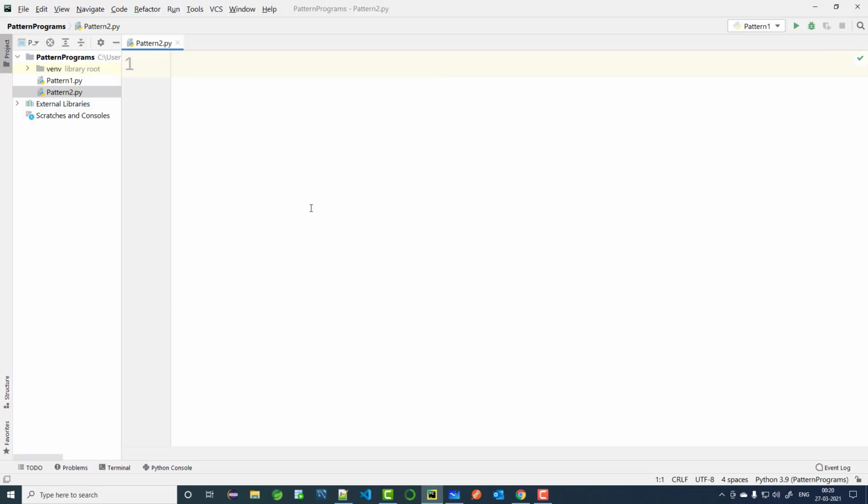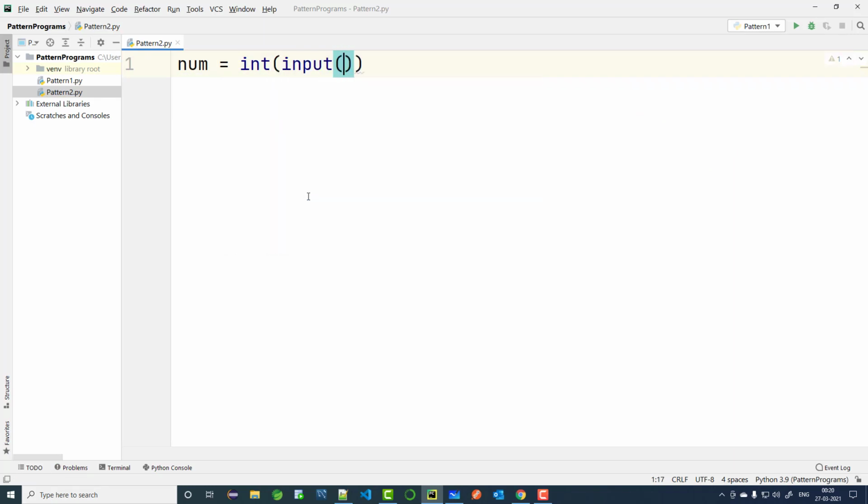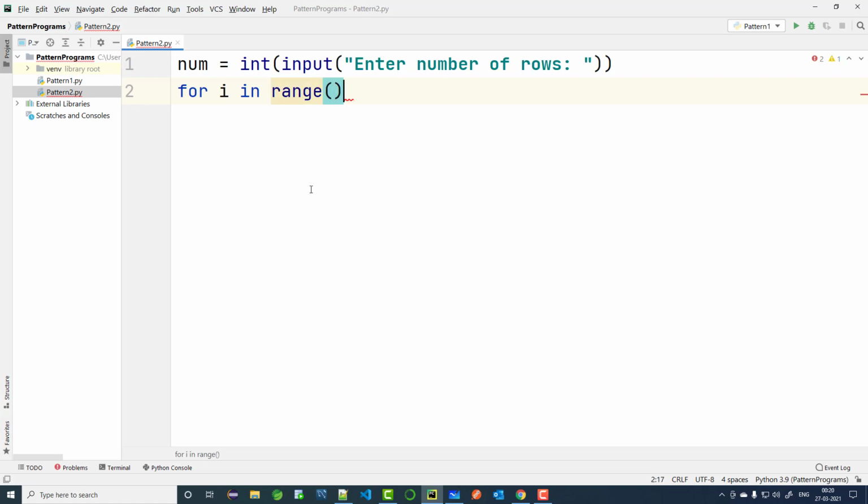So let us take the user input, num is equal to int of input, enter number of rows, and now let us iterate this. For i in range of the number we have taken as user input, now print.